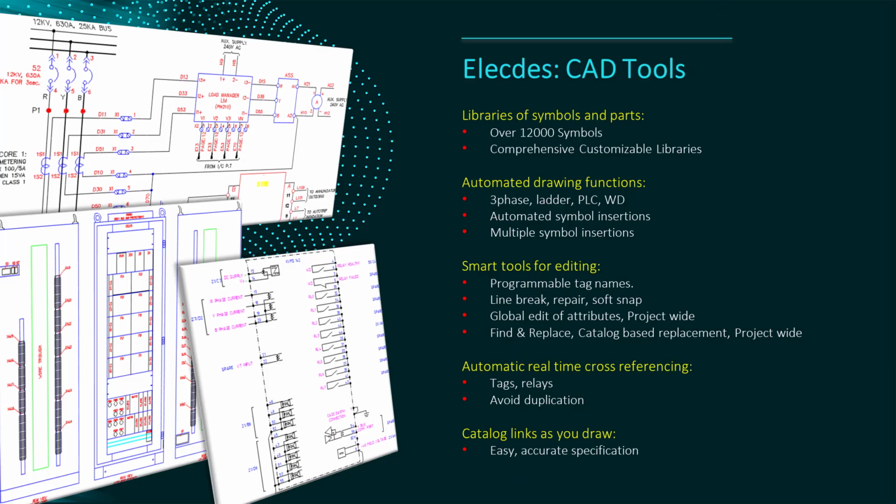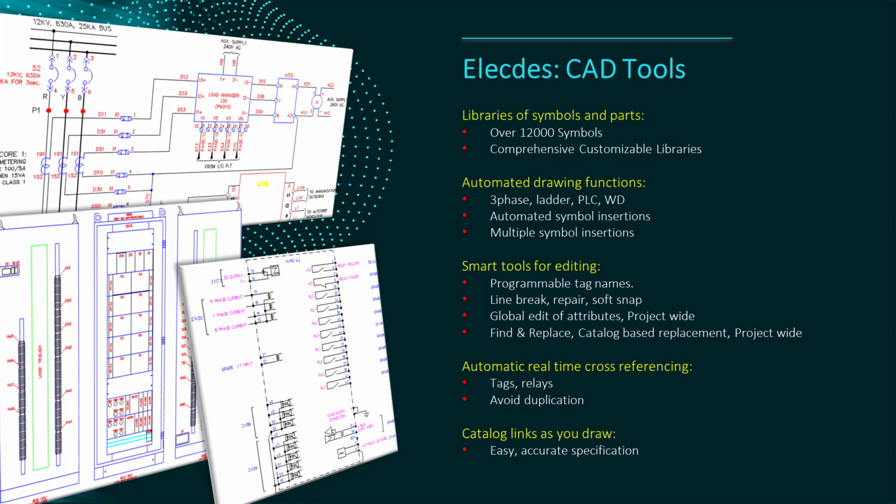Electez CAD tools include large symbol libraries and intelligent insertion, construction, and editing tools to help assemble your circuit diagrams. Electez provides propagation of component data between related components, duplication warnings, and easy component family and subcomponent management. All Electez component names are programmable. Electez will also check your component names against a set of rules.